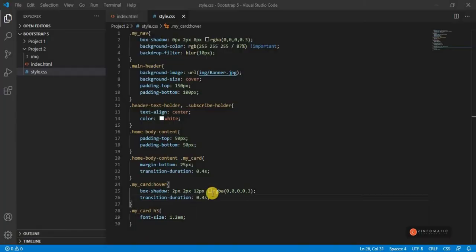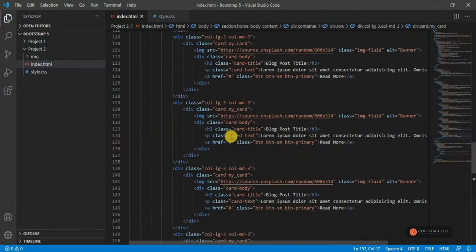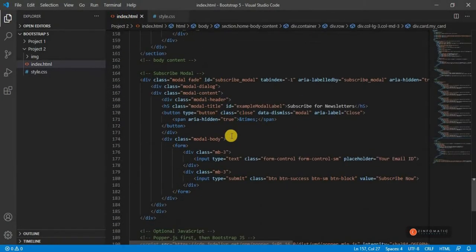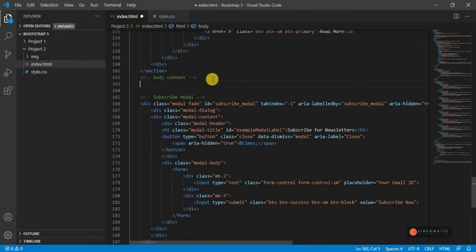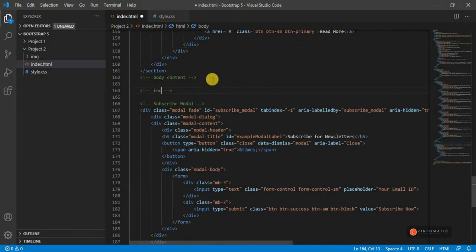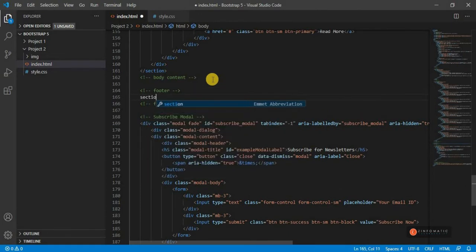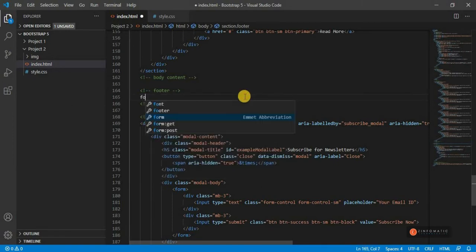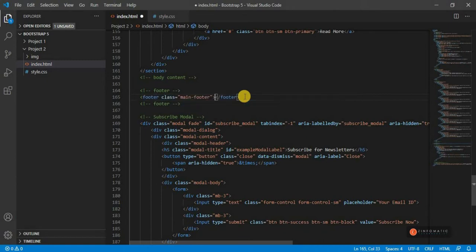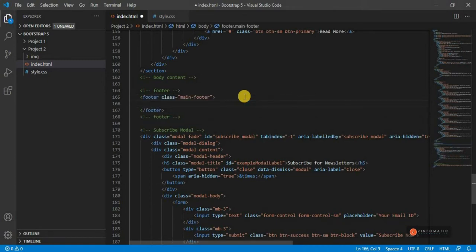Okay, so let's get back to our code here. In the index.html, right before the modal, I'm going to add this over here. I'm going to call this footer. Actually, we can directly call this footer. So I'm going to call this footer.main-footer. Okay, and let's add a div.container,